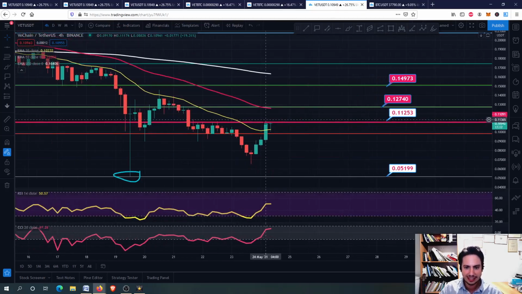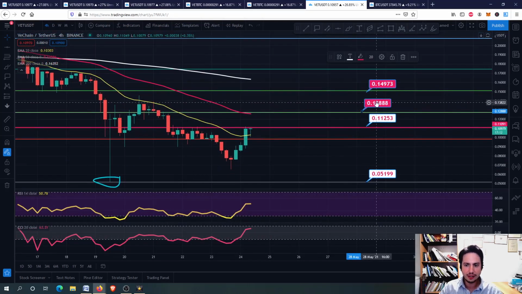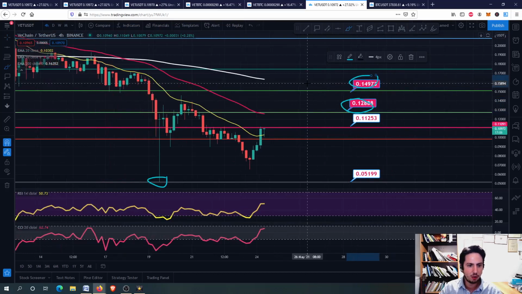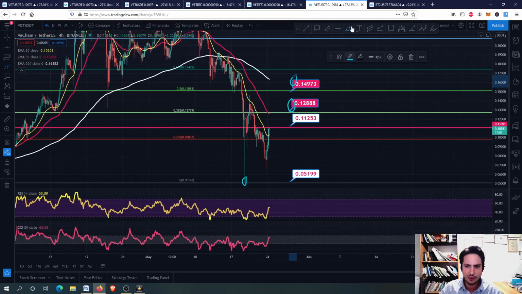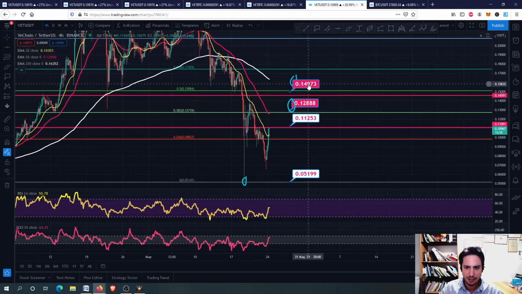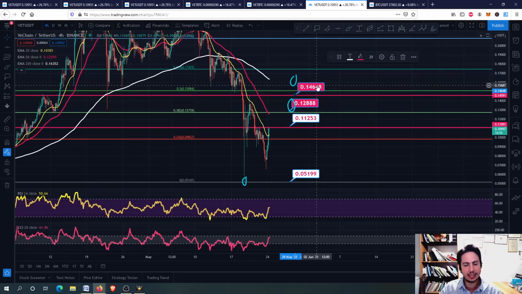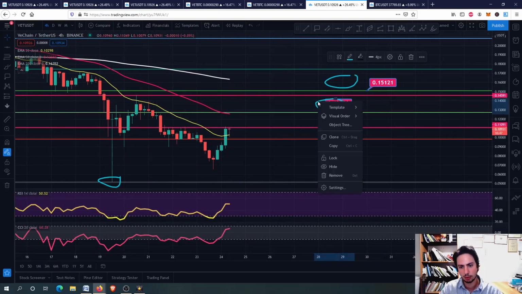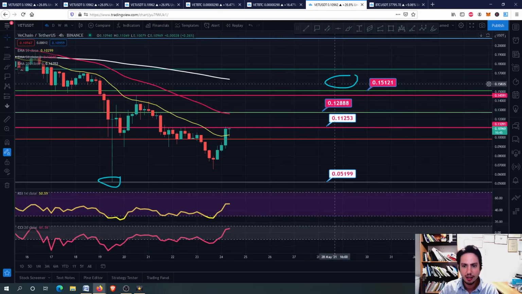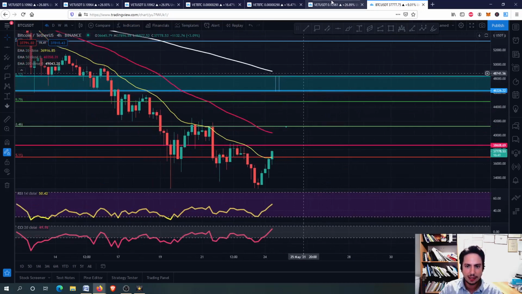That's why for VeChain, making this a support level will be the reason that we will test 13 cents. And why not? If we make this our support level, then we will be testing the 14 to 15 cents, because it is a very important level around this area, guys, around 14 cents and 6, to 15 cents, around 14 to 15 cents we will be approaching. And if we keep making these our support levels, then we are going upwards. If the swing high from Bitcoin that I expect happens, then for VeChain we will be going upwards as well.